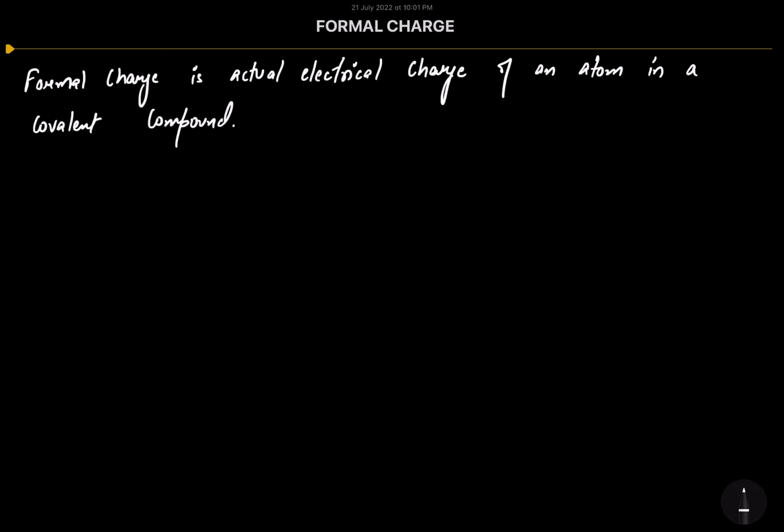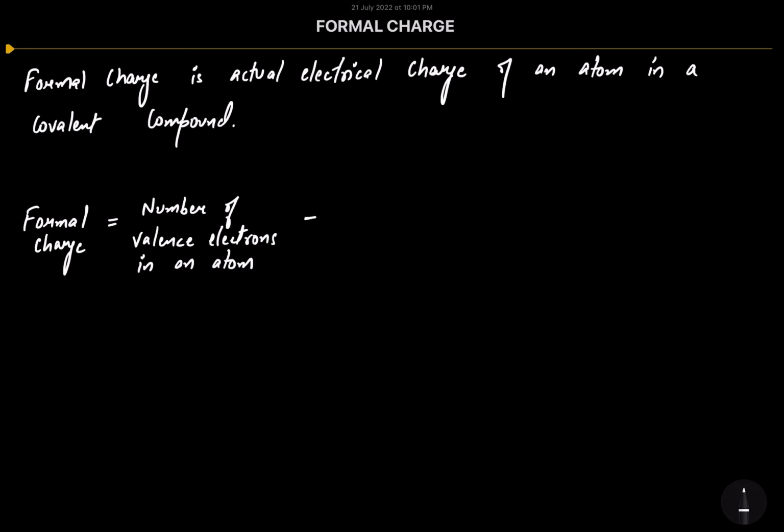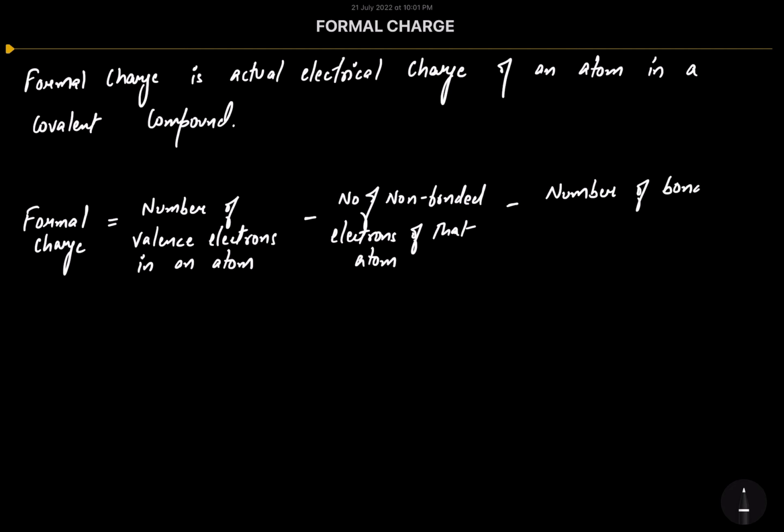Now, we will follow the formula to evaluate the formal charge. The formula for evaluating the formal charge is equal to the number of valence electrons in an atom, minus the number of non-bonded electrons of that atom, minus the number of bonds formed by that atom